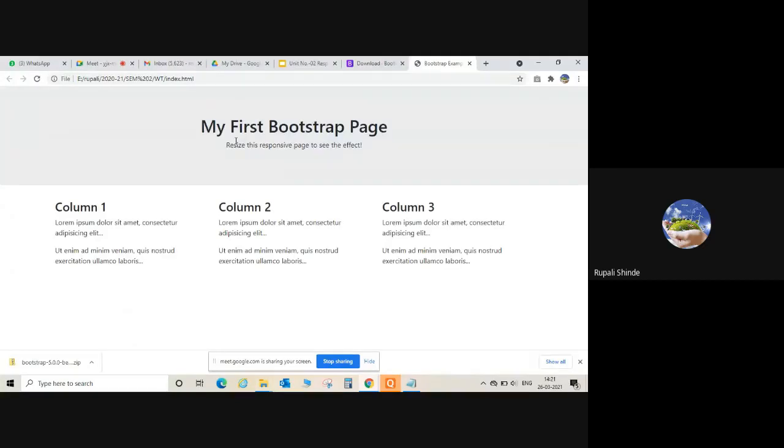Okay. That particular style sheet is going to apply on your web page. You can check. You can see these styles. We are not going to use these styles like column one, column two, column three. Accordingly, it is going to divide the page into different parts.